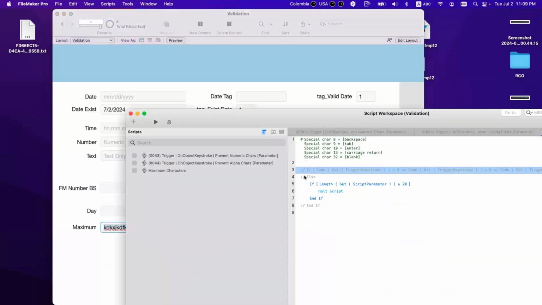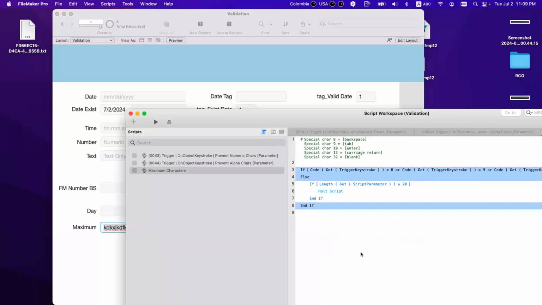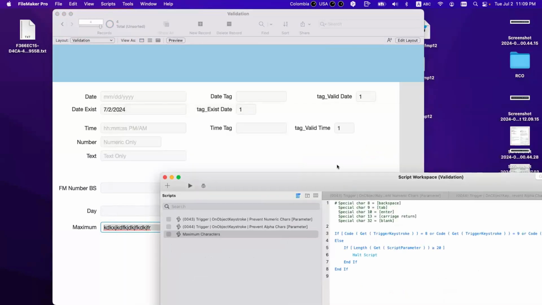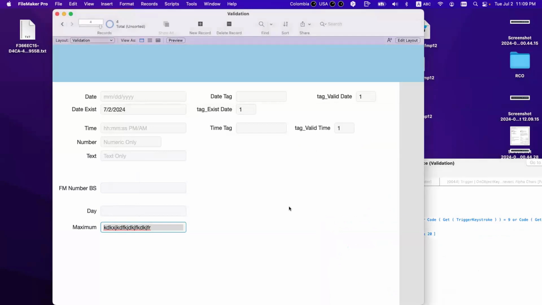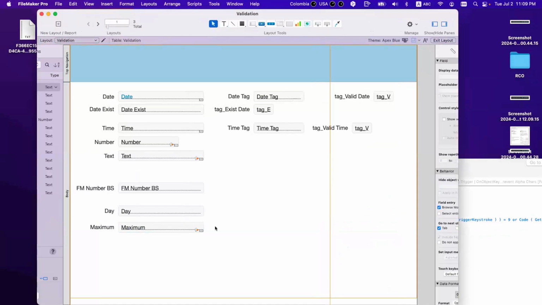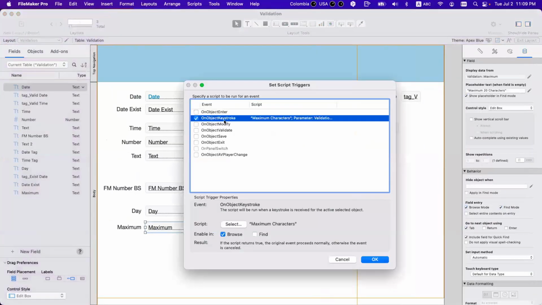Okay, so here's the problem. It's an as-you-type thing. When you do as you type, you need to use on keystroke, not on modify, correct?